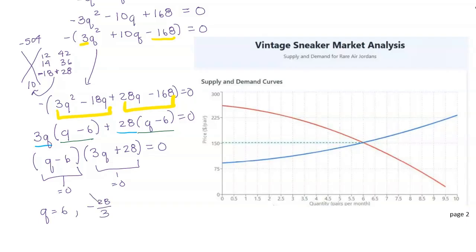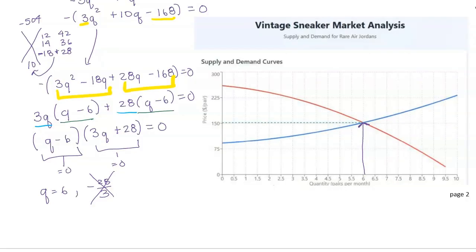Well, the negative 28 thirds isn't going to work because we can't sell negative 28 thirds sneakers. So Q equals 6, the quantity equals 6, which is what I have over here in the graph. The equilibrium quantity is going to be 6. Now, to find the price, I just plugged this 6 into either my supply function or my demand function. The demand at 6 is going to be negative 2 times 6 squared minus 6 times 6 plus 260. This is going to be